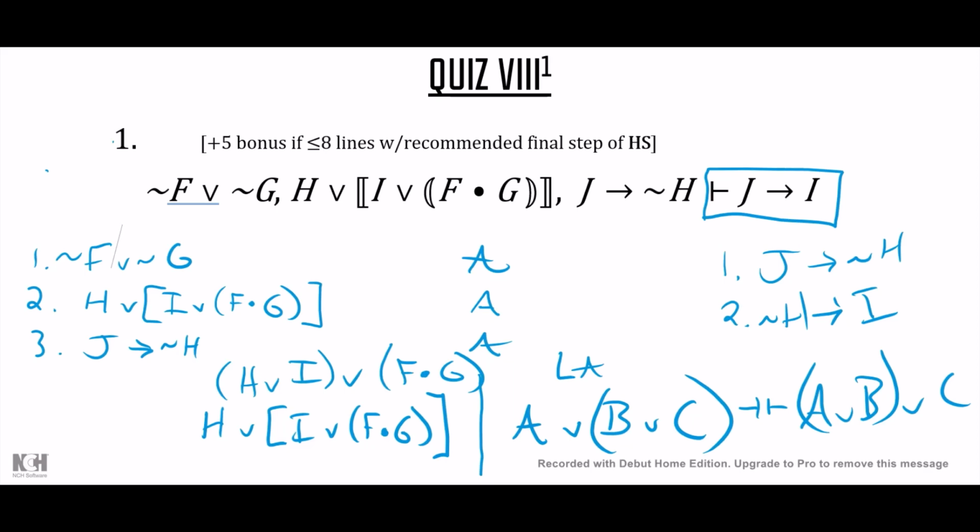Now, if you go down the list again, you'll see going down that list, looking at the goal still. Remember going after squiggle H, arrow I. Well, look, if I could get this H wedge I, and I did a material implication on it, what would material implication on this left side look like? Oh, it kind of looked like squiggle H, arrow I. So if I could get there,